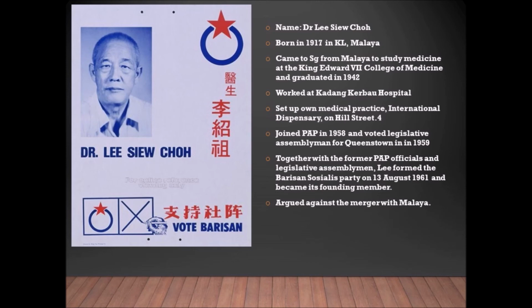He joined the PAP in 58. He ran for elections in Queenstown and won. And then together with former PAP officials and those who had abstained from voting and those who had been expelled from the PAP, he formed the Barisan Socialists on 13th August. And he was arguing against merger. So we know the stand of Barisan, that they were against merger, and he was probably about 40 over years